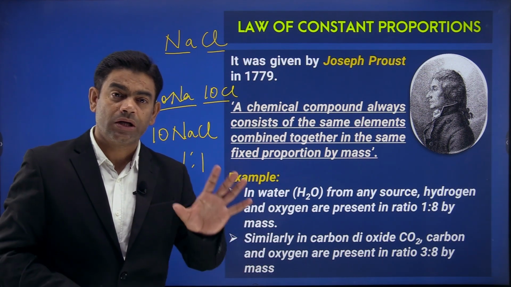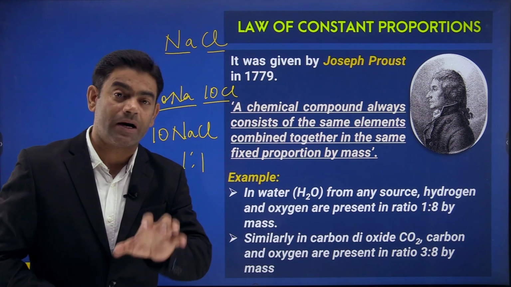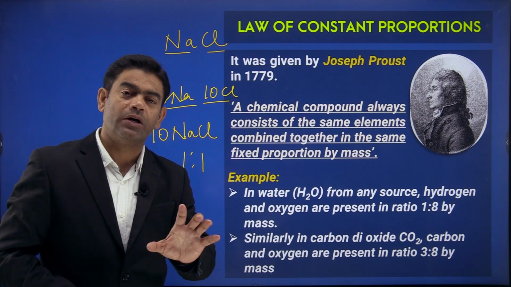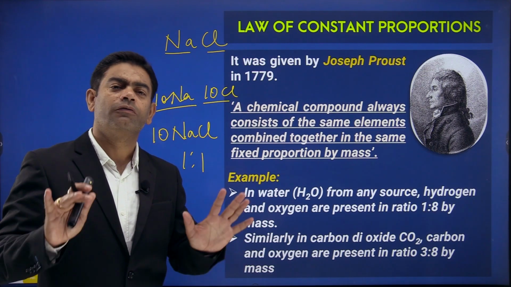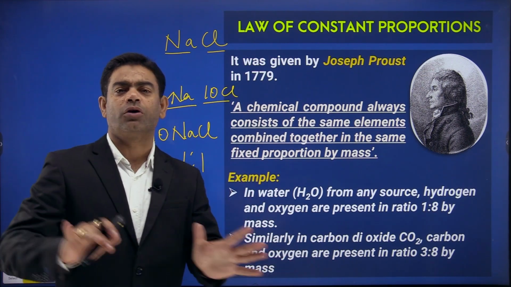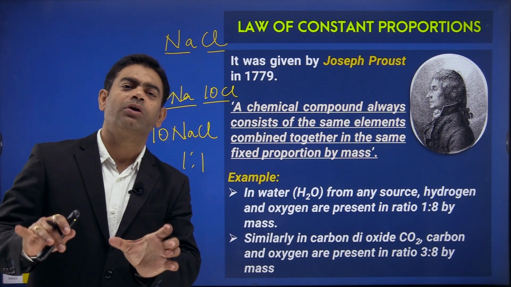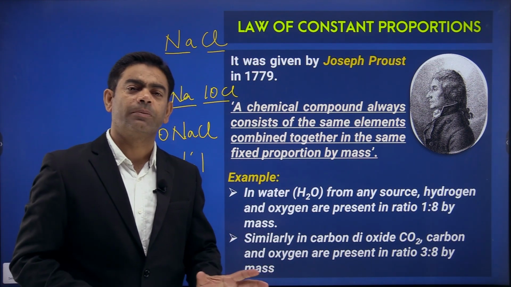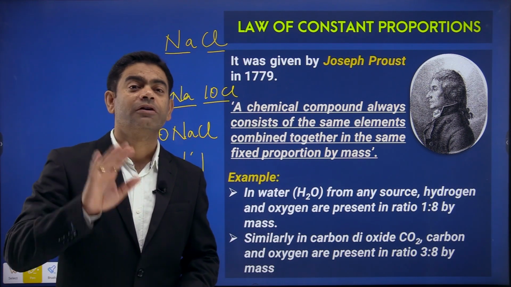The ratio in terms of number of atoms or the ratio in terms of mass. If you want to calculate the ratio in terms of mass also, it's going to be same for any of the compound brought from anywhere for the same type of compound. Okay, उस same type of compound आपने कहीं से भी लाए, उसके अंदर आपको ratio same मिलेगा, यानी कि उनका जो proportions है, it is always fixed.